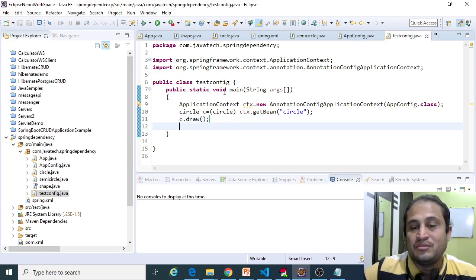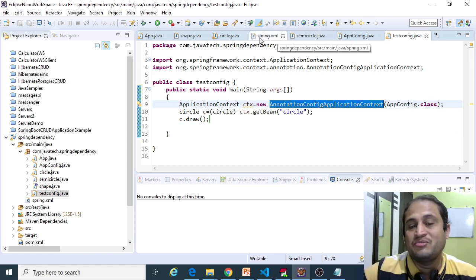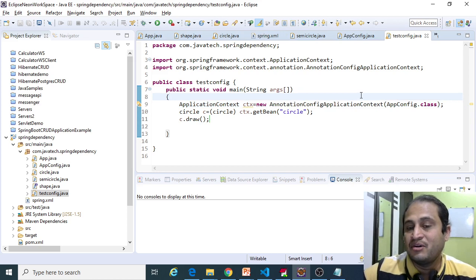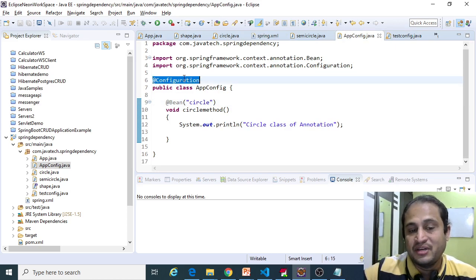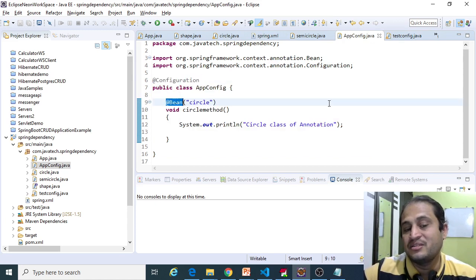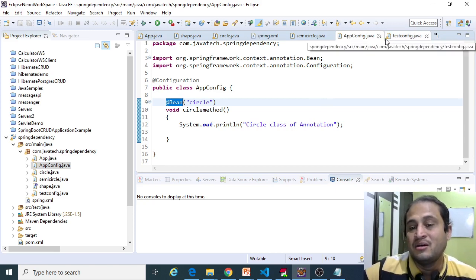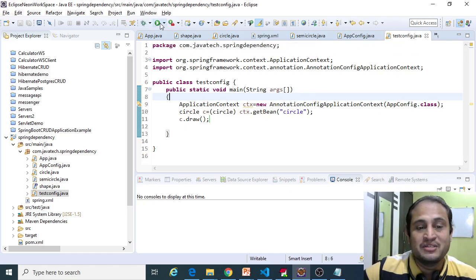Since we are habituated with the configuration file, this is a bit difficult, so I have completely used annotations. I make use of the Configuration annotation, and Bean is another annotation. Internally it creates a kind of XML mapping and registers the circle bean, and I am trying to test this application.